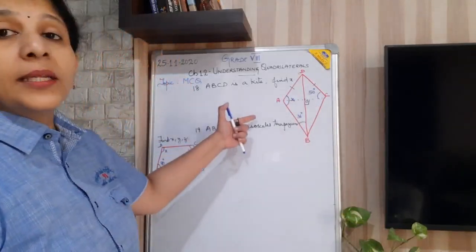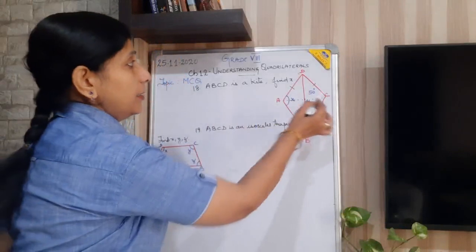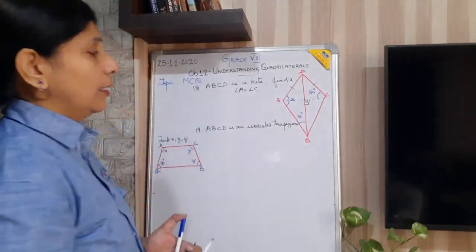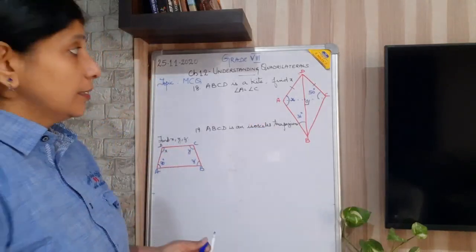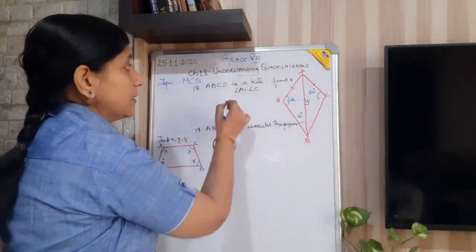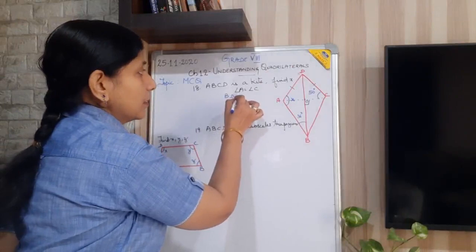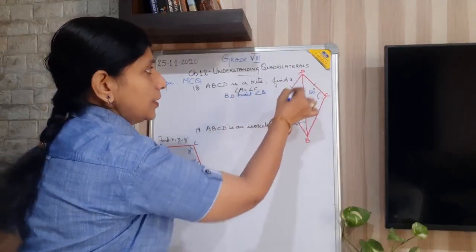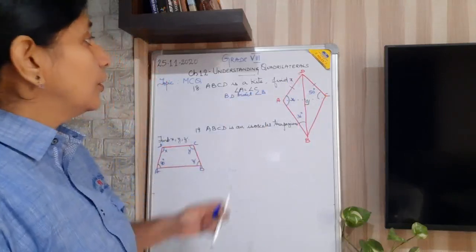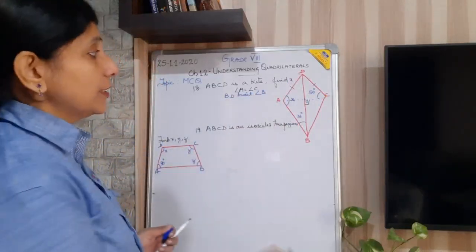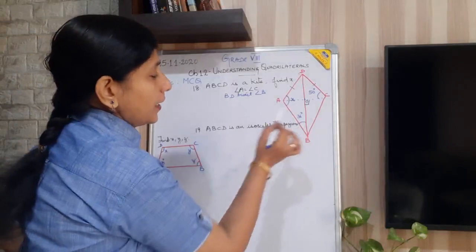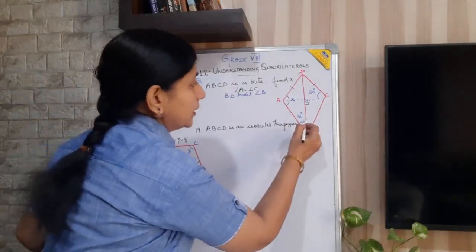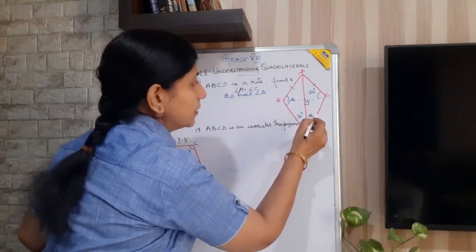Now angle A will be equal to angle C. Okay. And one more thing is that this diagonal BD bisects angle B. Okay, these are the characteristics. So these two are equal, and so you have to find x. So first, as this is given as 36, what about this angle? This angle will be 36 degrees.